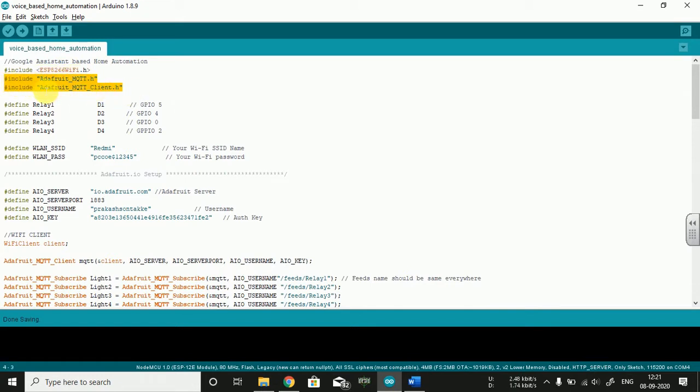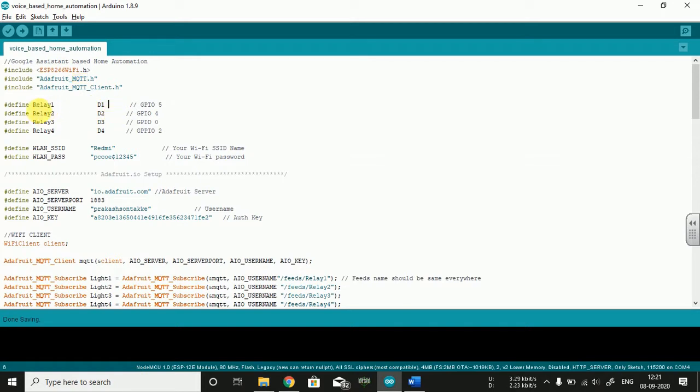As we know, this experiment uses the MQTT protocol, isn't it? The Message Queuing Telemetry Transport protocol. It's a publish-subscribe kind of protocol, and it's a very lightweight protocol, and with its help we can send and receive commands over the internet, isn't it?